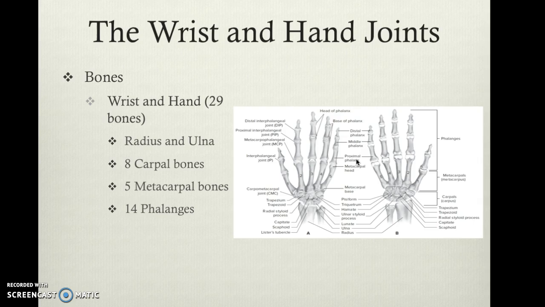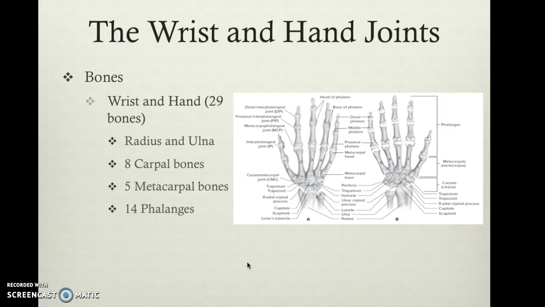So moving on to the wrist and hand. Here we have the bones that make up the wrist and hand. Again, we see the radius and ulna. We have 8 carpal bones, 5 metacarpal bones and 14 phalanges. A commonly known bone of the wrist is the scaphoid because anytime there's a wrist injury,